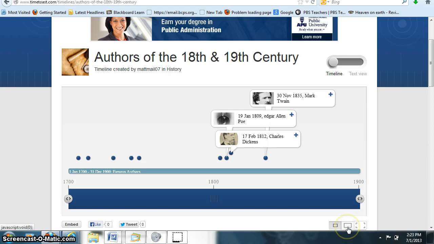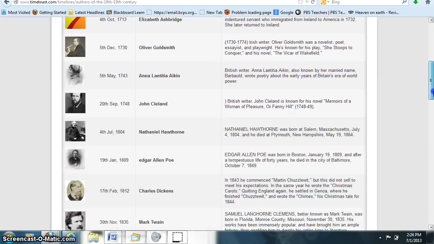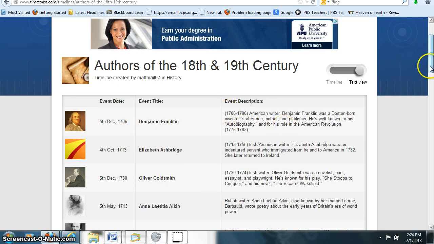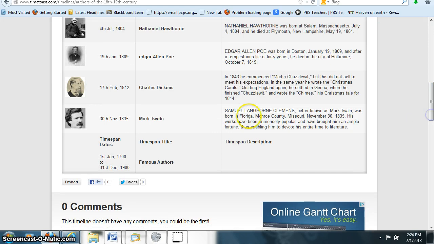You can expand it to a bigger screen or full screen, as well as, and I think this is another one of my favorite parts of the site, you can choose to look at it in timeline view, but you can also look at it in text view. So if I click on this and put it in text view, then it just has the events from the beginning to the end, and you can scroll down and see every author from the earliest, 1700, all the way down to the latest, which is Mark Twain. And it has the